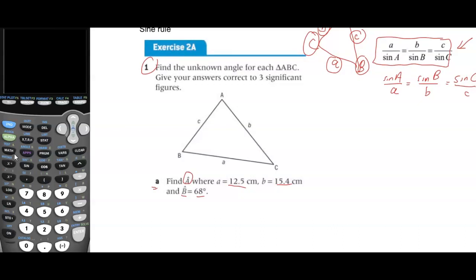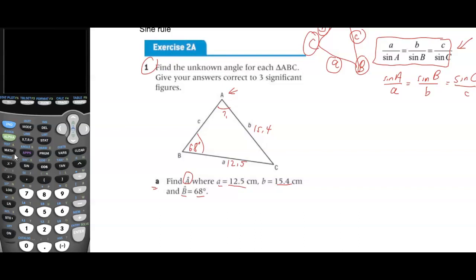Angle A, this is the angle that we want, so we'll just mark it with a question mark. Side A is 12.5 long, so I'm going to label that 12.5. Side B is 15.4 long, so I'm going to label that 15.4. And angle B is 68 degrees, so I'll label that 68 degrees. Now we're going to try to figure out angle A using sine rule. Remember, sine rule